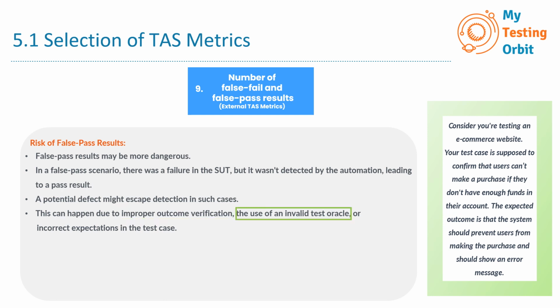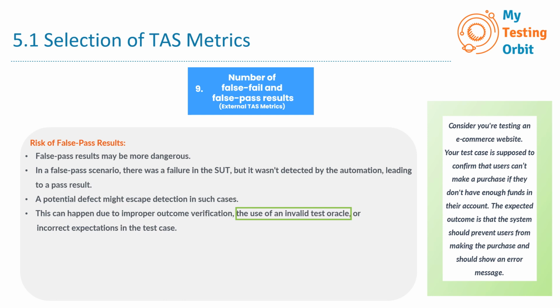Next one is the use of an invalid test oracle. Okay, so first let's see what a test oracle is. The test oracle is like the reference point that tells you what the correct outcome should be. If your test oracle is wrong or does not reflect the actual expected behavior, it's like using a faulty map